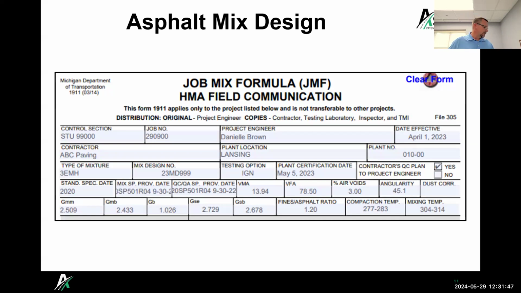So those are very important. The GB, that's your specific gravity of the liquid asphalt. And GSE and GSB, those are your effective specific gravity of your aggregates and your bulk specific gravity of your aggregates as well. So that's kind of what all those are.